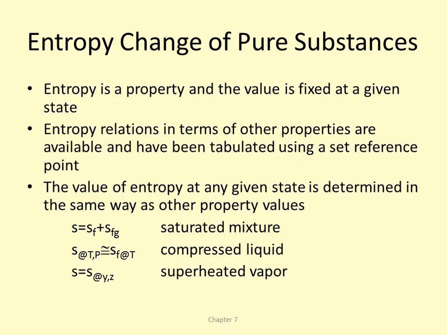The entropy change of a pure substance is calculated or looked up the same way that any other property value is determined. So entropy is a tabulated value. It has the entropy at the fluid state, the entropy at the gaseous state, and then the difference between those two. So if we want to determine,